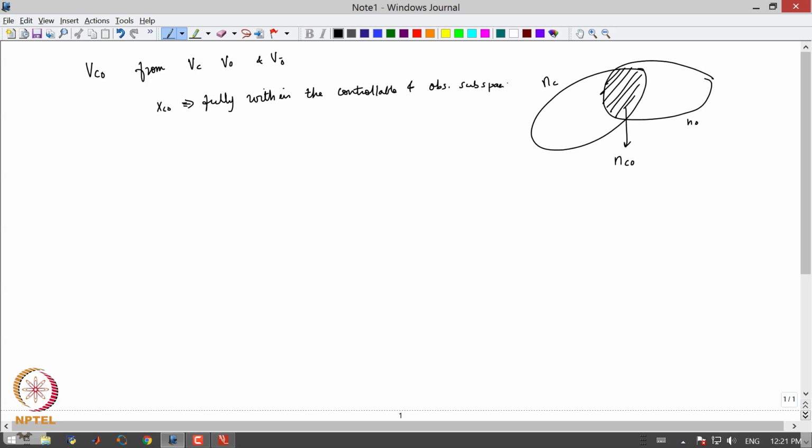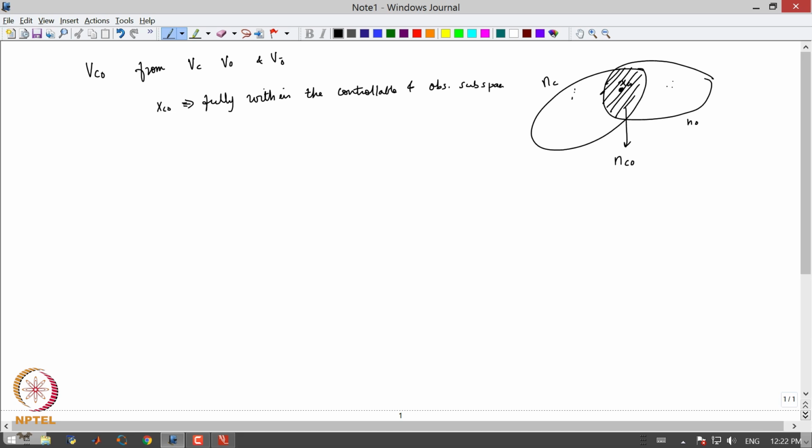Okay. Now, let us say I just put this as a point and call this xc naught. Now, this xc naught is both in the controllable subspace and is also in the observable subspace, and therefore,